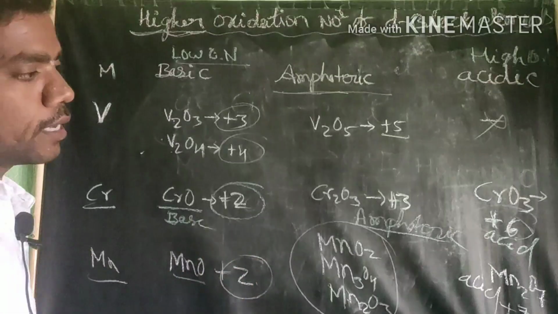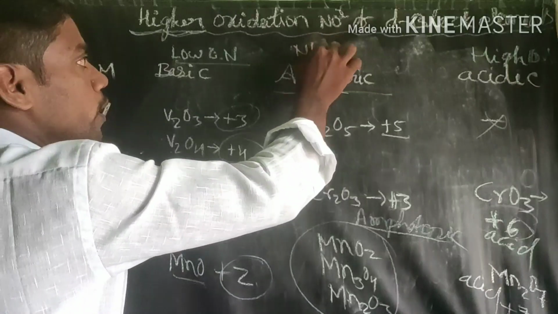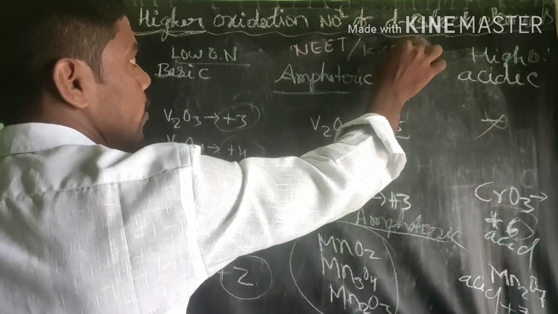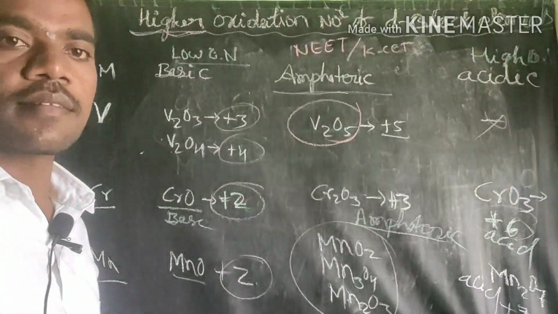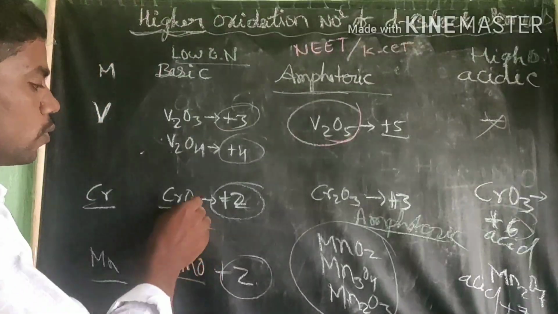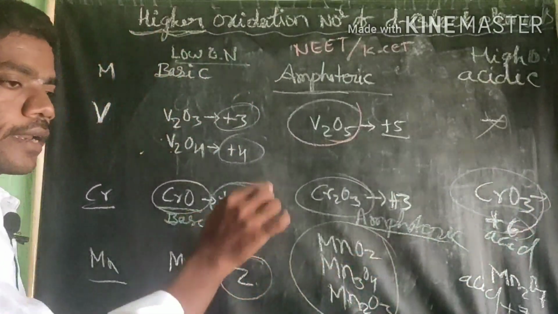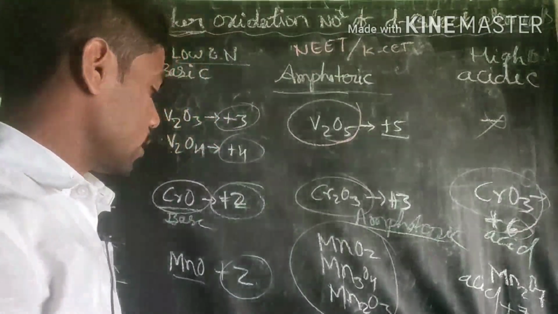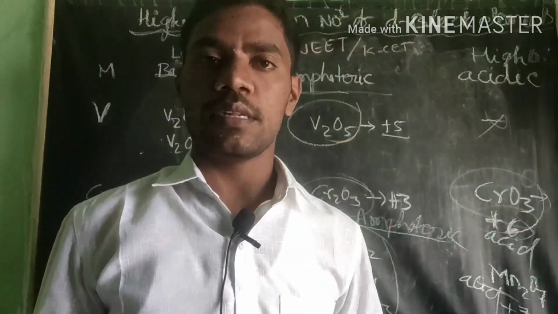Okay, this is one important trick, dear students, and it is very important for those who are going for NEET and CET exams also. They give one example, vanadium pentoxide, and ask whether it is acidic, basic or amphoteric. Otherwise they give 3 compounds, chromium monoxide, chromium trioxide, chromium tetroxide, and ask to arrange the increasing order of their acidic nature. They also give 3 compounds of manganese and ask to arrange the increasing order of their acidic strength. They give this type also.